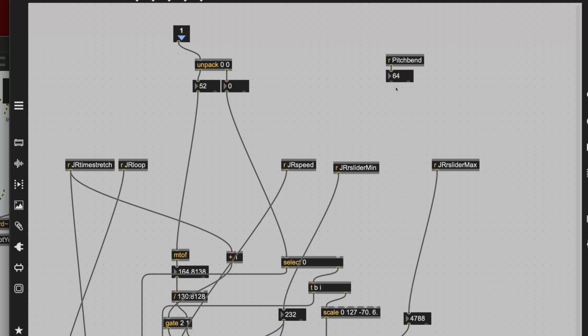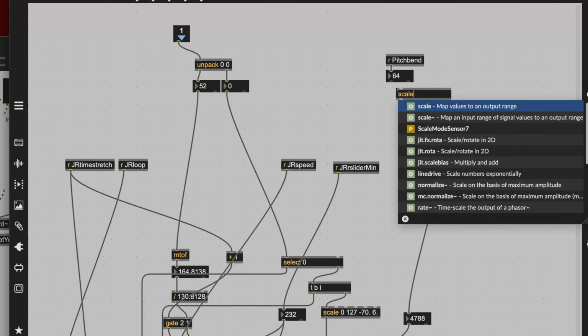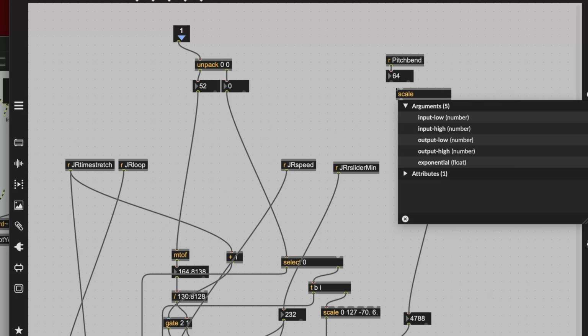So we discovered that if we scale that and do it slightly wrong, because if you make it 0 to 127, it just doesn't quite end up being 0 at 64. But if you make it 1 to 127,